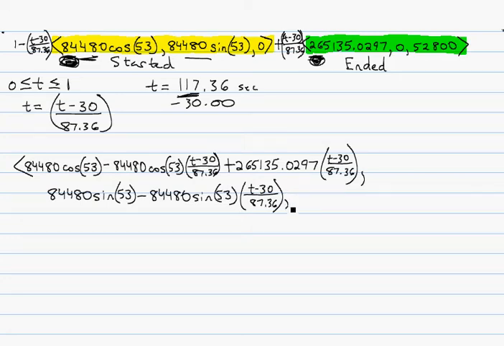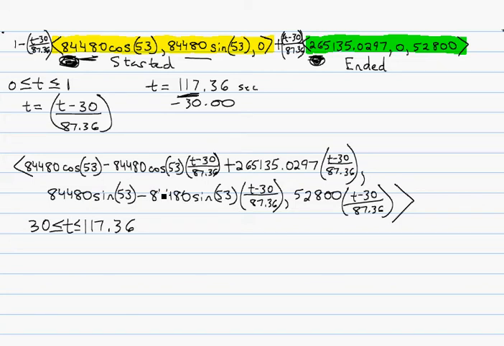And finally the z component would be 52,800 times t minus 30 over 87.36. So there it is, that's the vector function of time. This is for t from 30 to 117.36,